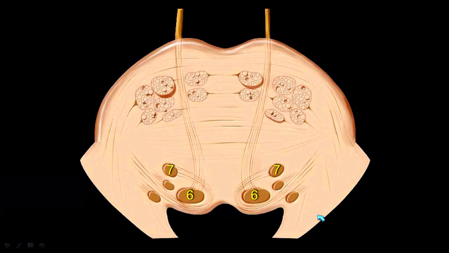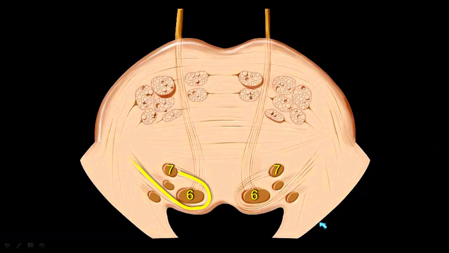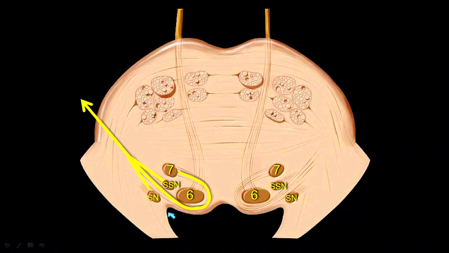And those fibers do kind of a strange thing. They actually start in the wrong direction. They wrap around 6, and then they come out the ventrolateral pontomedullary junction laterally. And they pass in between the superior salivatory nucleus and the solitary nucleus. So this is an axial section, obviously, but a lot of these nuclei extend up and down through the pons